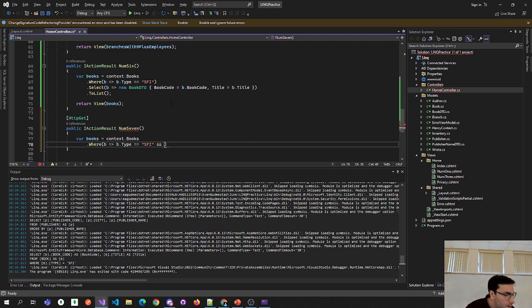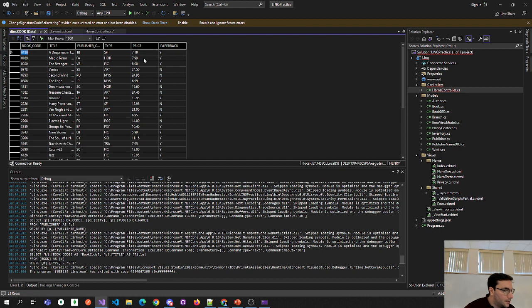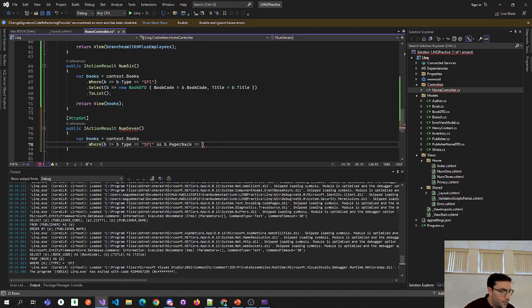and b dot paperback equals, what is that, just a true or false kind of thing? You might have to look at it. Okay, so we'll look at it. It's a Y. So book, view data. Yeah, it's Y or N. Y. So where book paperback equals Y